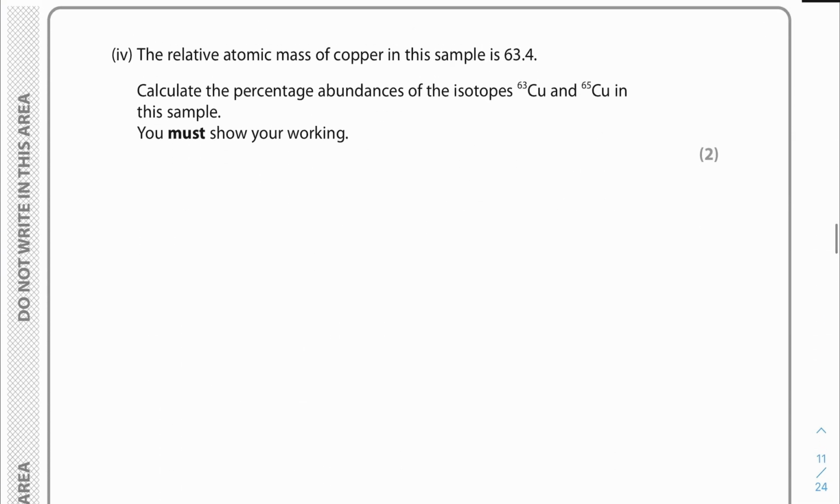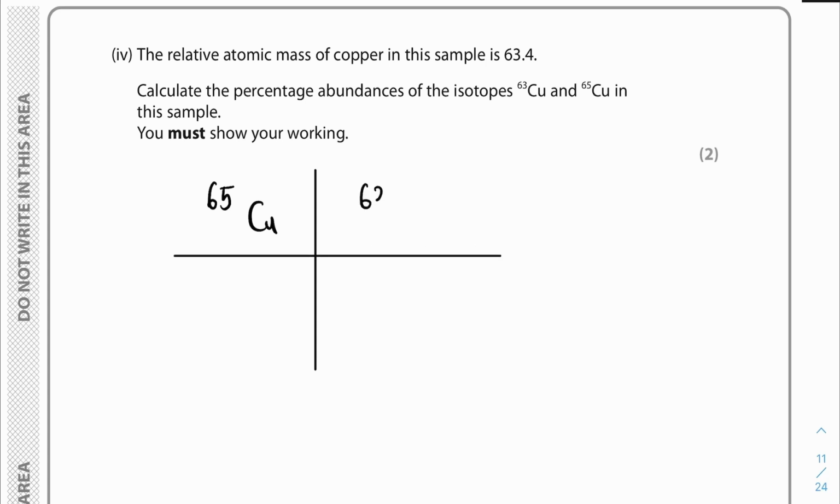So the relative atomic mass of copper in this sample is 63.4. Calculate the percentage abundances of isotope 63 and 65 in your sample. You must show working. So let's split them up. We have 65 Cu here, and let's say 63 Cu here. Now the abundances we know should add up to